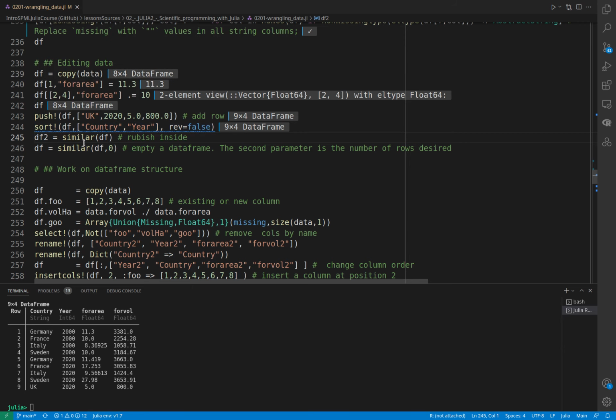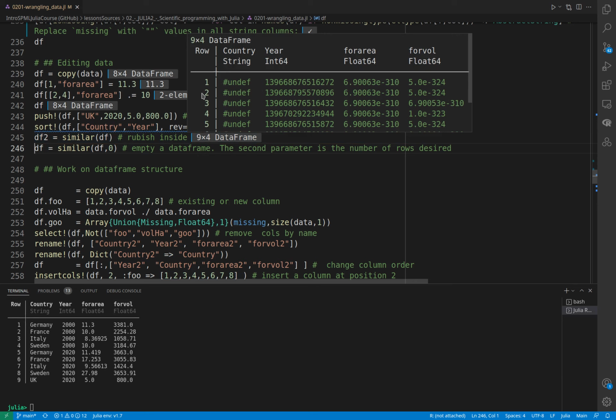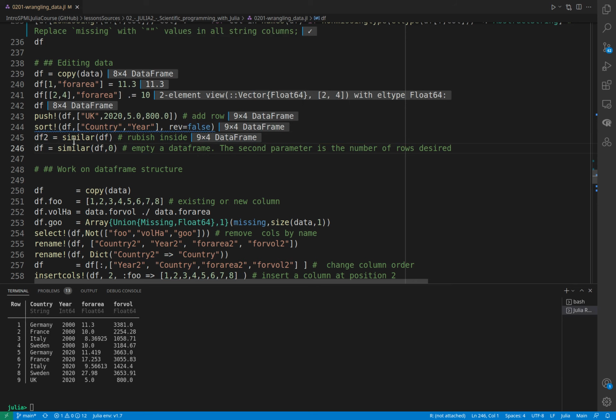Now, sometimes we want to copy not the data itself, but the structure of the data frame. So we can use similar to copy the structure, and here we copy also the size of the data frame. The content that we have here is garbage, it is not defined, but we can use this also as a trick to empty a data frame, because similar accepts a second parameter, that is the number of rows that we want to keep. So here I could have said